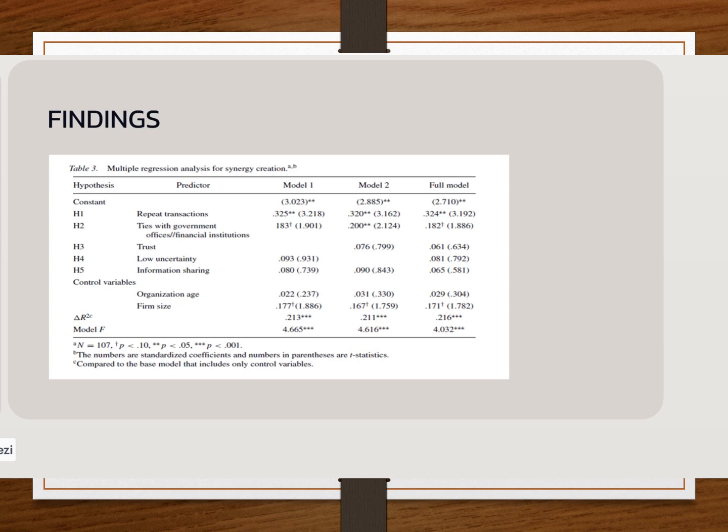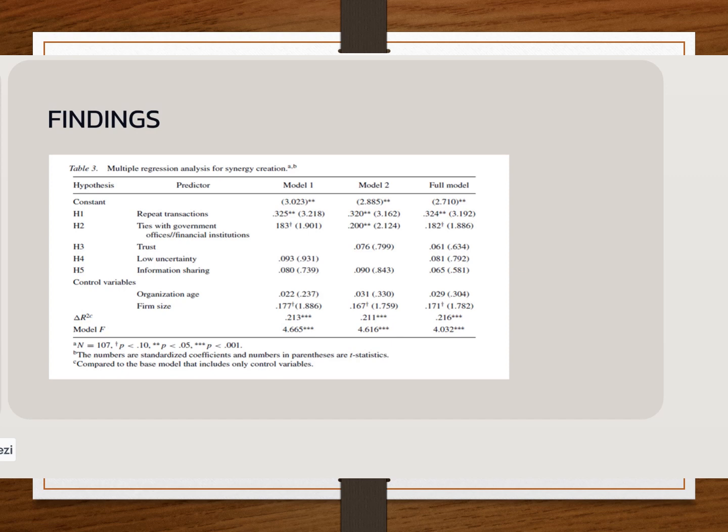We go through the findings of the study. The results of the hypothesis testing are revealed in Table 3 of the study. Based on the table, we can see hypothesis number 1 indicates a p-value of 0.32, which means repeated transactions and synergy creation are significantly and positively related, as well as hypothesis number 2